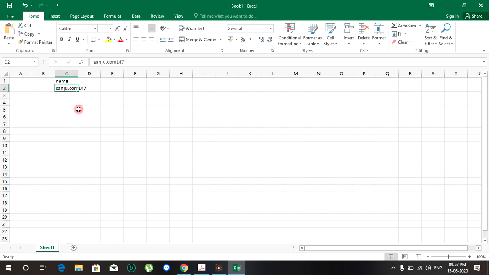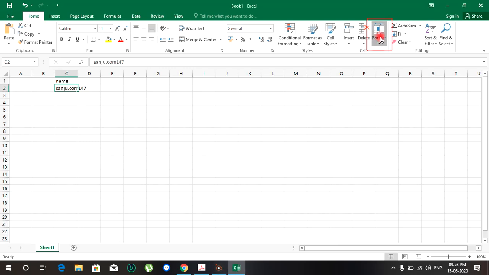Just select it. And see here, this is the Home tab where we can click on Format. See here, the Format. When we click on it, the drop down list will open.